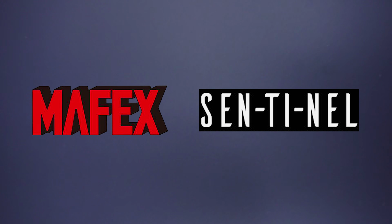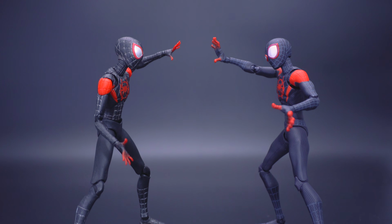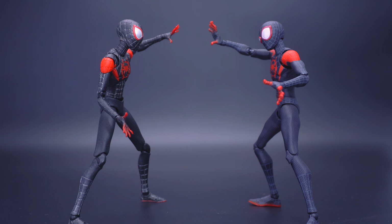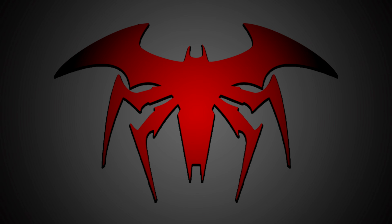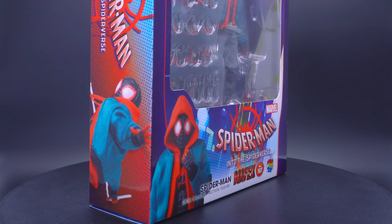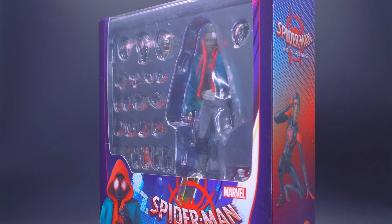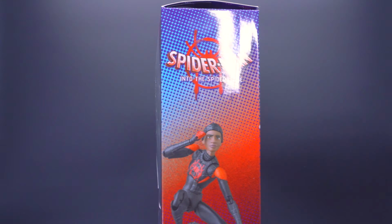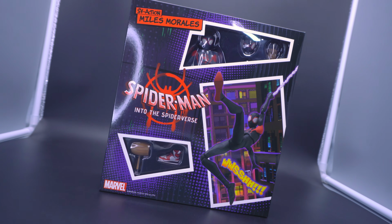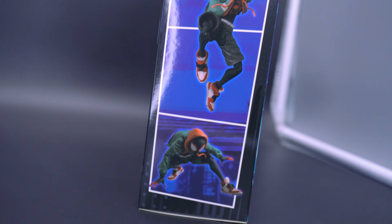I've been turning into the comparison guy, and yet I haven't really bothered myself to try Sentinel versus Mafex. And finally I have the excuse to do so with Into the Spider-Verse Miles Morales. And it took a while, not only because of time and because other things were coming out that took priority, hot releases, yada yada, but at the same time, Sentinel is very niche down when it comes to this very